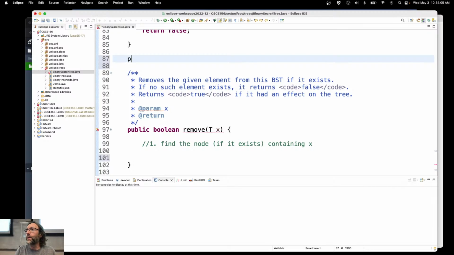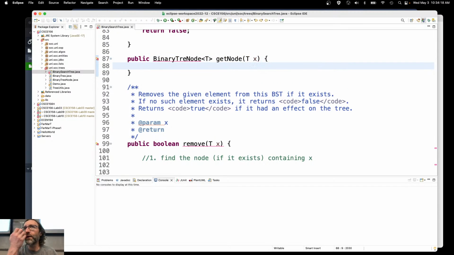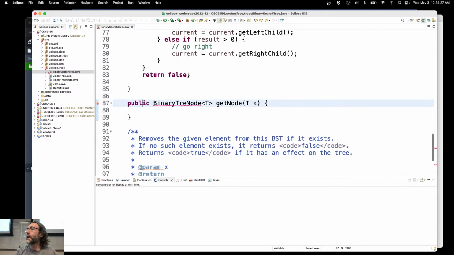Initially, I'll make it public. Public binary tree node T, right? Get node containing the element X. Now, why would this be a little bit more general? I'm going to find the node for you. If I don't find it, then I'll go ahead and return null. I'm going to go, oops, that's not it. I'm going to go ahead and cut and paste